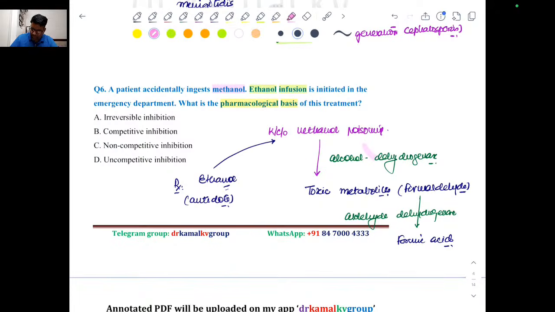So what we need to do, we have to block this enzyme alcohol dehydrogenase, and for this we give ethanol,